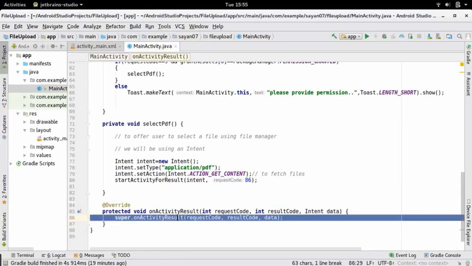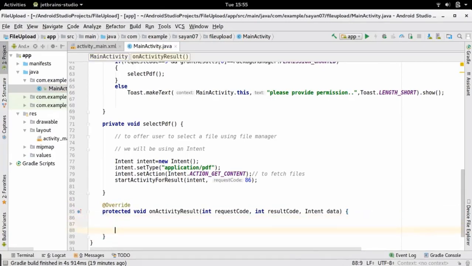Delete this super call. Now this method will get invoked by Android to allow us to check whether our user has successfully selected a file or not. Basically the acknowledgement will be done in this method.